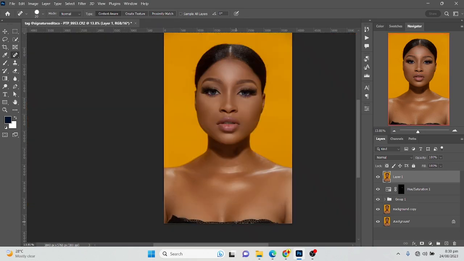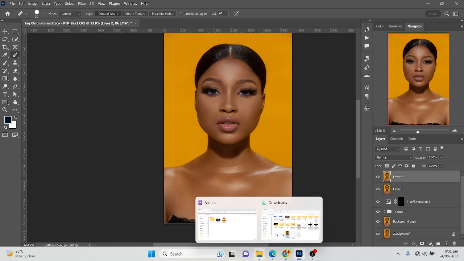So I'm done taking away all the blemishes. And up next, I'm going to a new layer. I can be doing all this on one layer, but I choose to work in layers so that I can always revert back and continue from there if I made a mistake along the way. So Alt Control Shift E again to paste everything on a new layer, and then I go